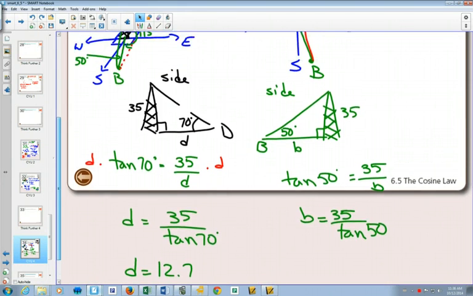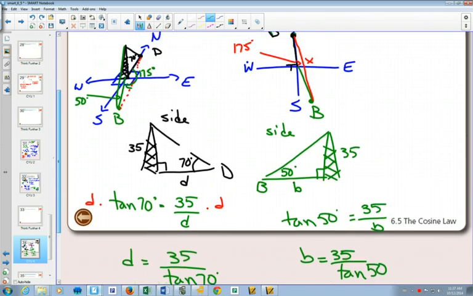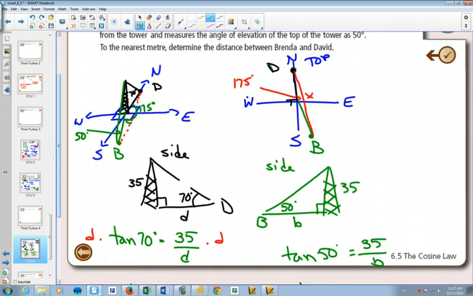Should we just put 29.4 for now? Well, it was 29.3 something. I'm just going to do this to show that I'm not rounding early. Now, when I go back to my two-dimensional diagram here, I'm going to redraw that triangle right here a little bit bigger just so we have room for things. We know that this is 175 degrees. We know we want to solve for this red side x that'll figure out how far apart they are. We know that David is up here, and we figured out that David is now